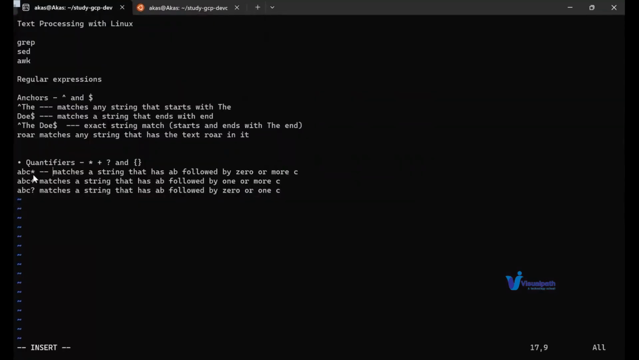So what this star signifies is anything that matches or starts with A and B, but is followed by a C or there is no C, right? It will pick up those strings or text. Likewise,